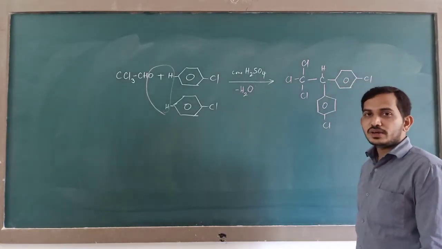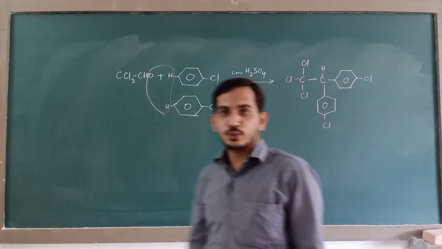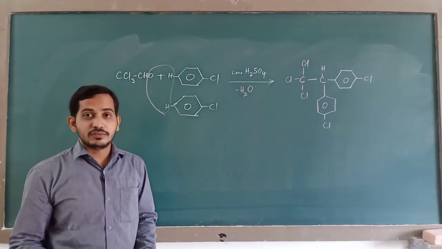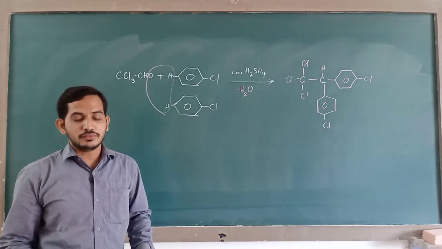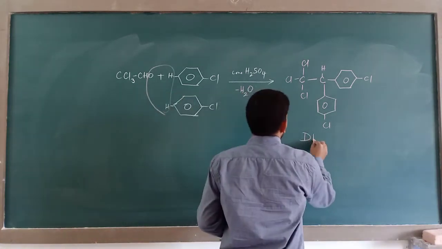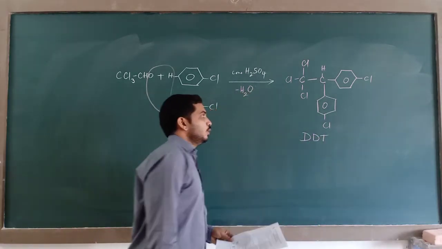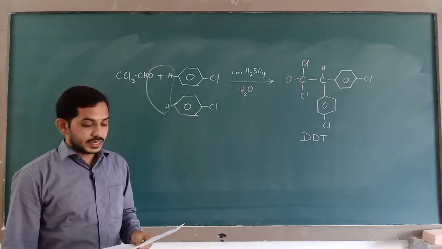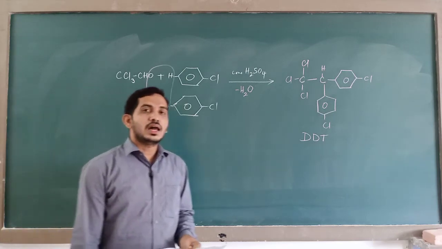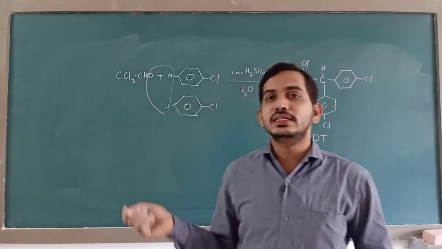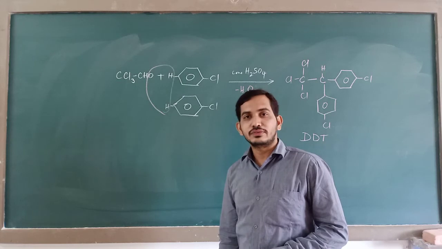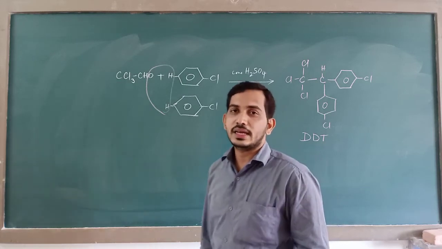Now can you name what compound is this? A while ago you have just learnt its effects also and why it is banned. You have studied this in 4th question. The full name of DDT is. So what is the answer? It is DDT. The DDT full form is dichloro diphenyl trichloroethane. So whenever chloral or trichloroacetaldehyde is reacted with chlorobenzene in the presence of dehydrating agent like sulfuric acid, you are going to get DDT as the product.